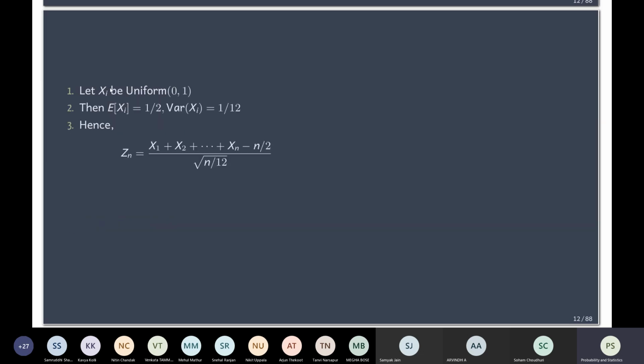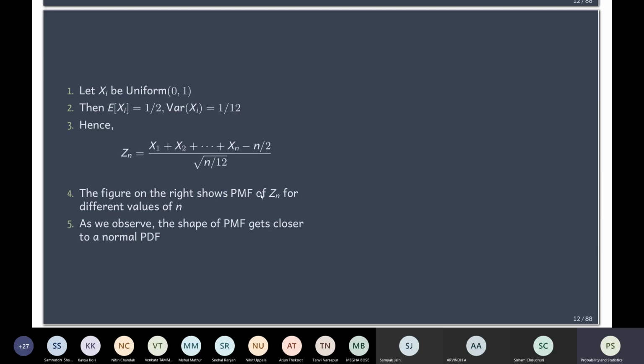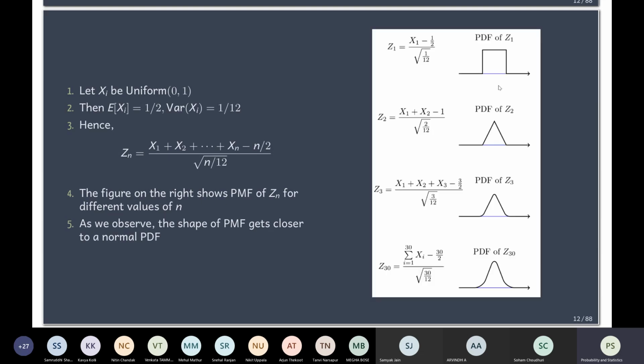Similarly, if I take a uniform random variable on 0, 1, the expectation is half and the variance is 1/12. Hence, if we define Zn to be like this, the figure on the right shows the PMF of Zn. You started with a distribution that looks like this. If you took two of these, it looks like this. If you took 3, it looks like this. And if you took 30 of these,